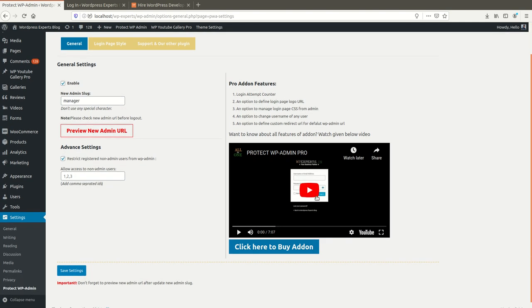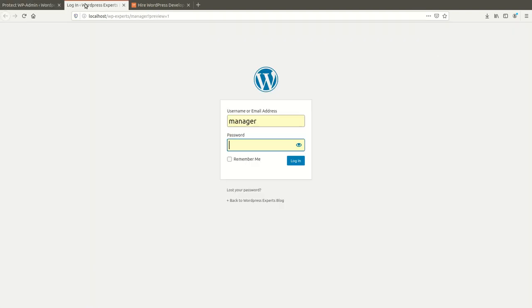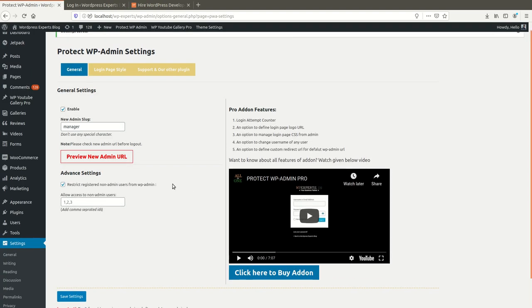Also in the pro version we have given an extra feature to change this logo and logo URL as well. By default you will see this logo has the wordpress.org URL. In the free version of the plugin you cannot change it, but in the paid add-on we have given the option to define the logo URL as well.